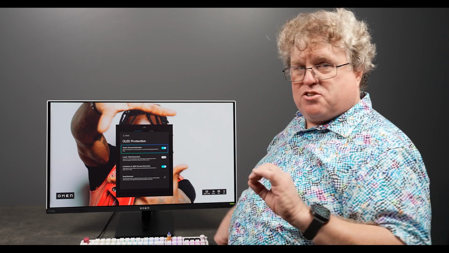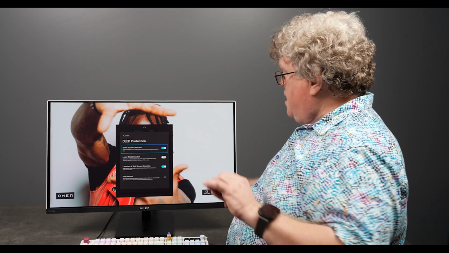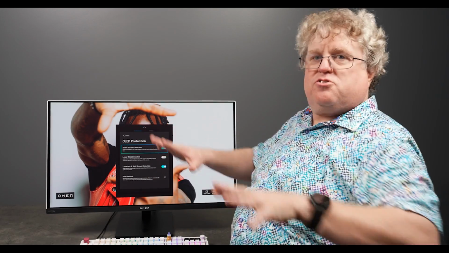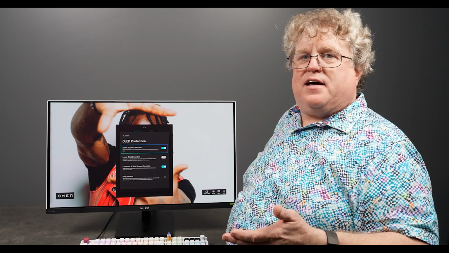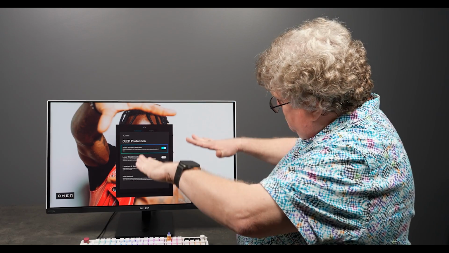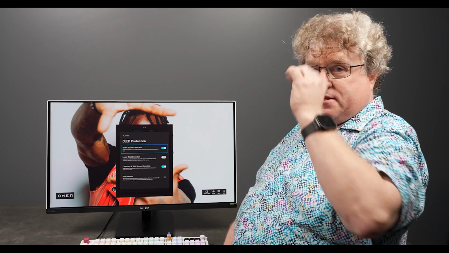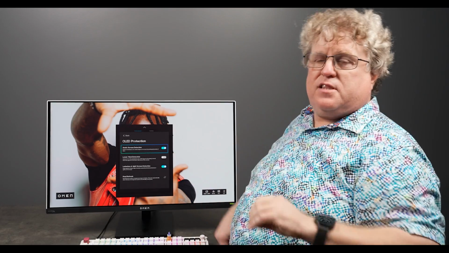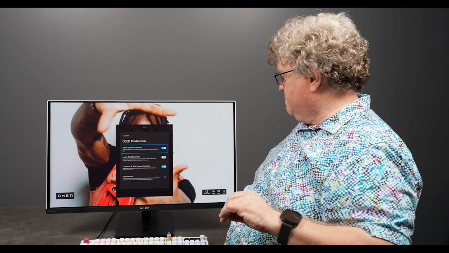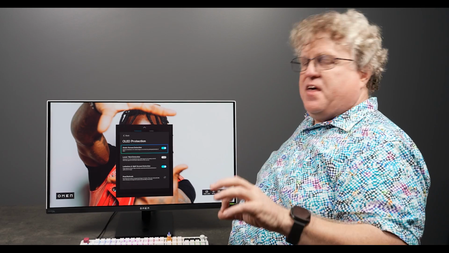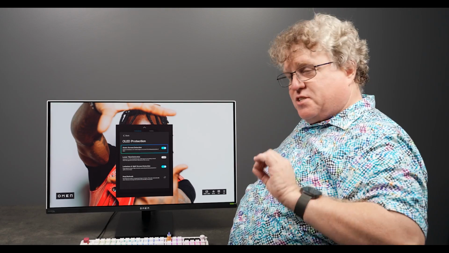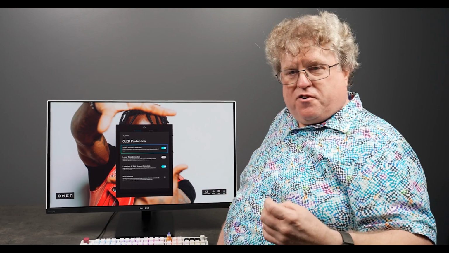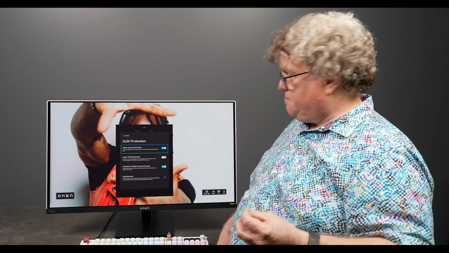The first one is static screen detection, which is on by default. This is designed to dim the screen if it is static, meaning no pixels are changing, for about 30 seconds. What we'll do is dim the screen down about 30%. Wiggle the mouse or something changes on the screen and it instantly pops back up to full brightness. But this is designed to keep things from burning in that are very bright, just sitting on the screen. We recommend you leave this on. There are some people that prefer to have it off. That's why we give you the option.